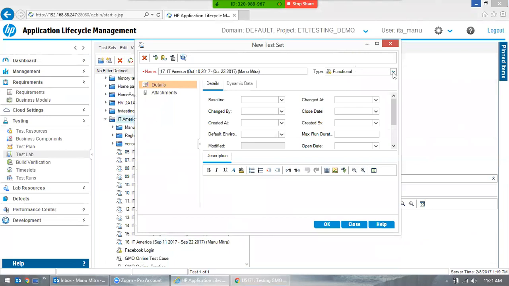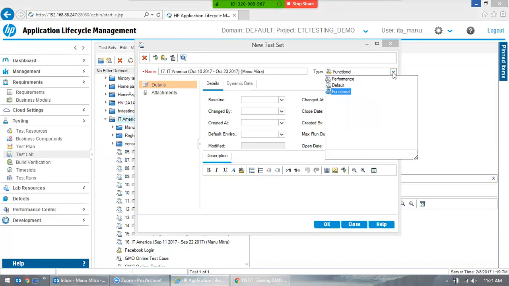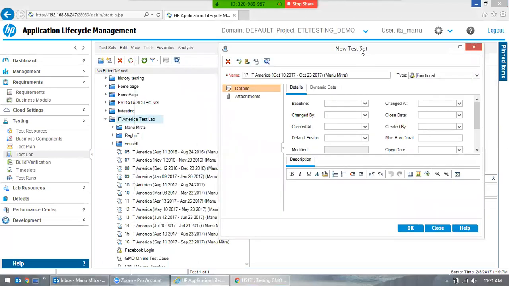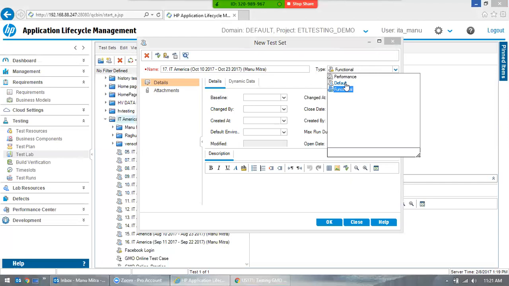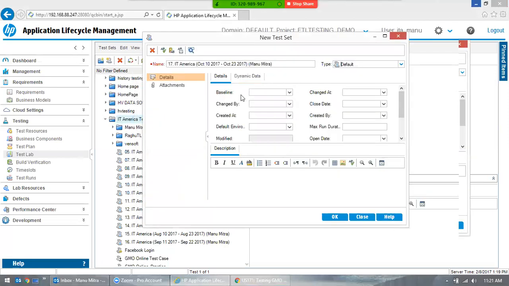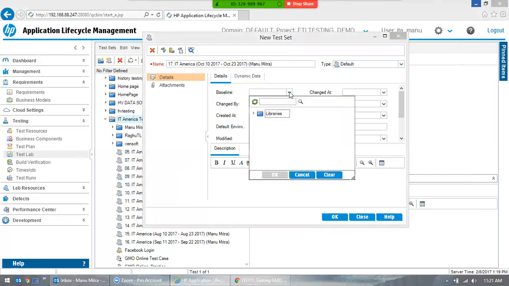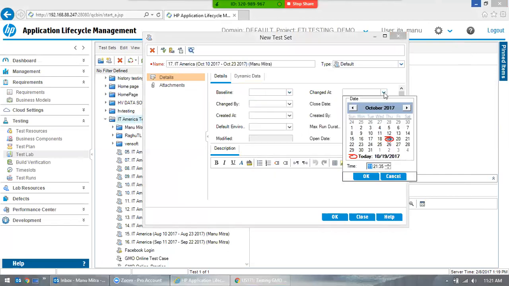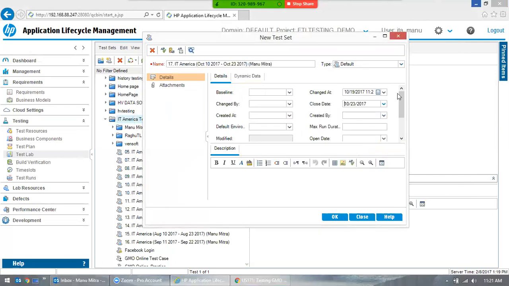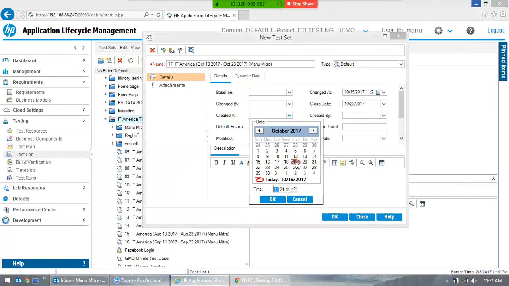Okay, and again you have this option. It's functional, default, performance. I think you need to put default, otherwise it doesn't work. Let's put it default. And then you have this baseline. You can put this and change that to state. Click on OK. Close. Created at